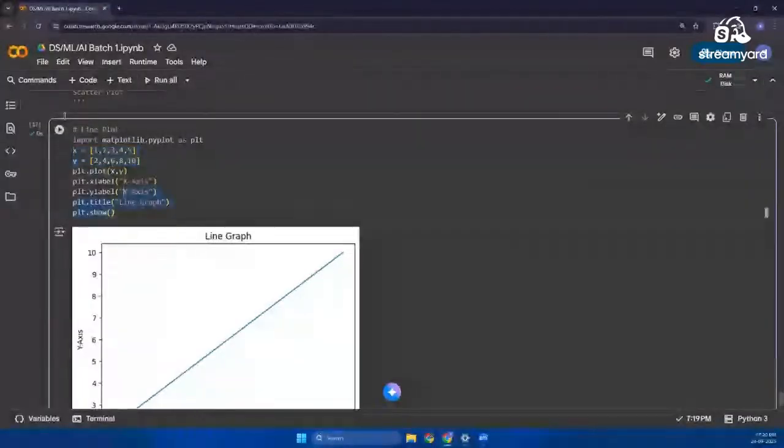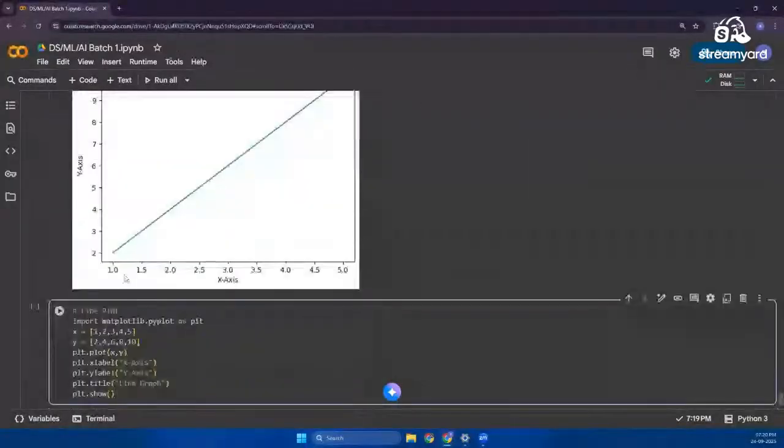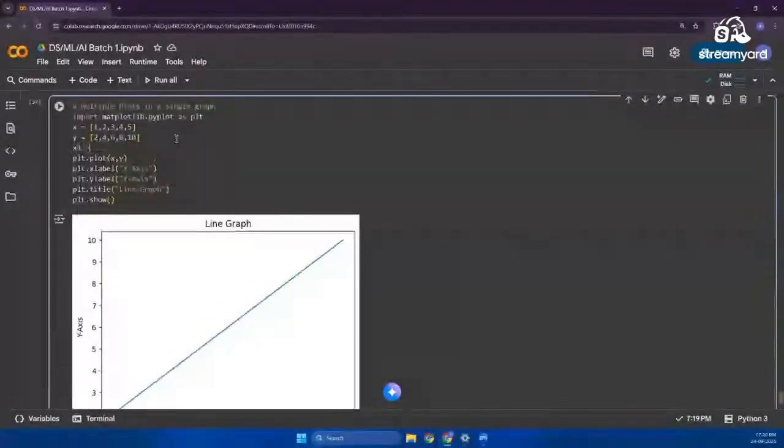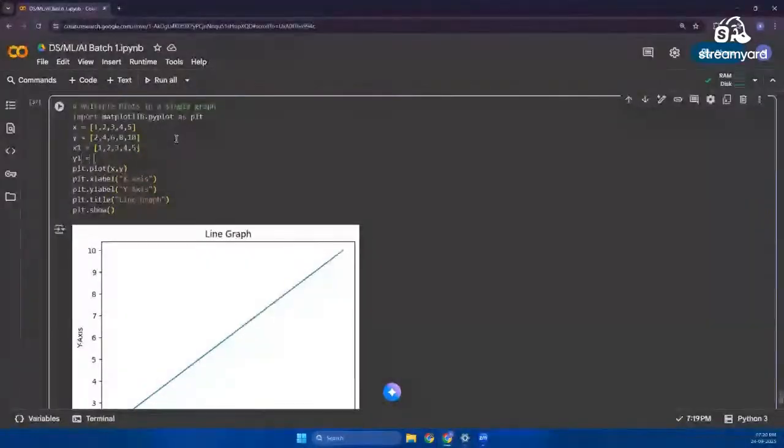Let's see. What I'll do is, first of all, let's copy this. I'll write here multiple plots in a single graph. How can we do this? First of all, let me mention x1 is equal to the same thing, 1, 2, 3, 4, 5, but let me change the y values. That is y1 is equal to, let's say 3, 1, 7, 4,